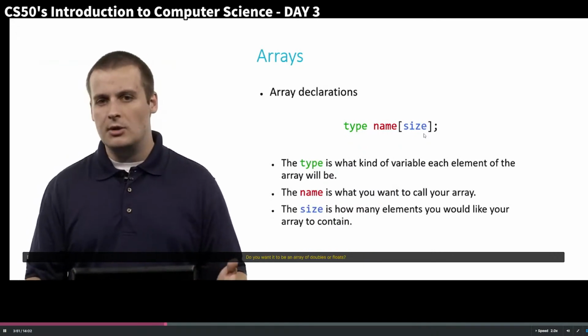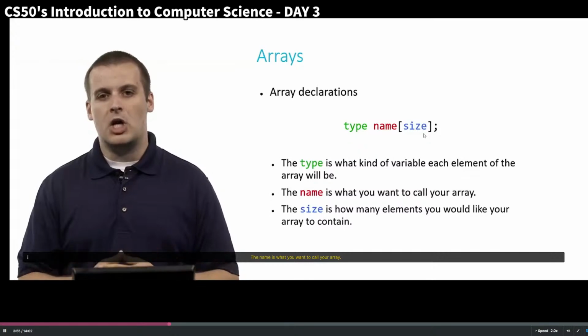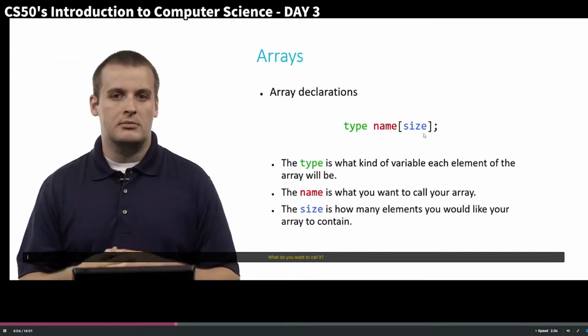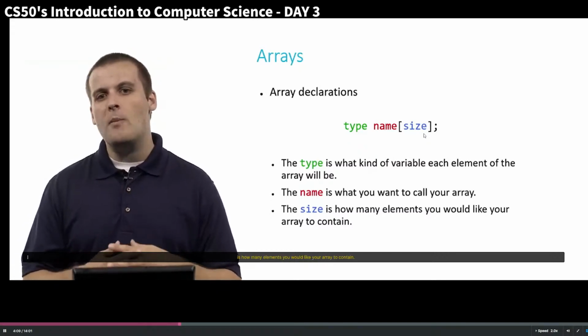Do you want it to be an array of doubles or floats? Data type should be double or float. The name is what you want to call your array. What do you want to name this giant bank of integers or floats or chars or doubles or whatever have you? What do you want to call it? Pretty self-explanatory. Lastly, size, which goes inside of square brackets, is how many elements you would like your array to